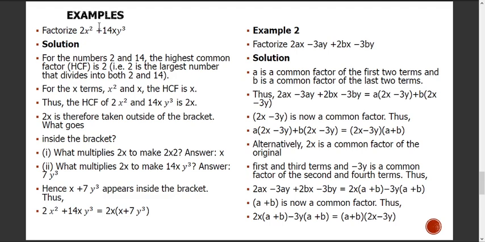If we pull out 2x in the first set of terms that have x, we shall be left with a plus b, and then